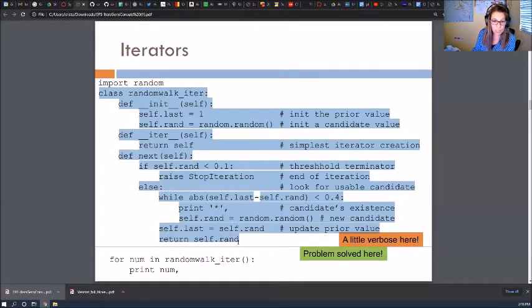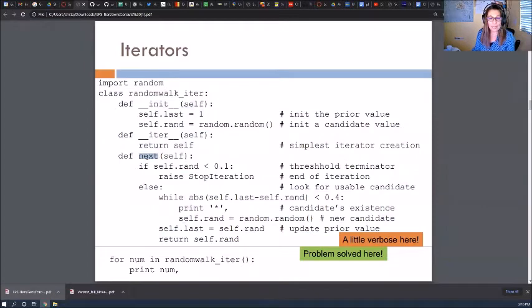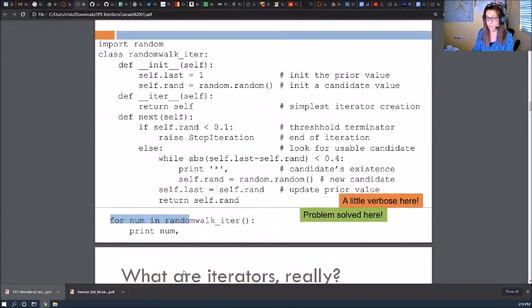An iterator is an object. And what kind of state does it hold on to? It holds on to the state of the iteration at any point in time. And how do you get the next item in the collection? There's supposed to be a next method of some sort in these iterator APIs that gives you the next number according to whatever logic the iterator has to obey. Okay, so it's a little verbose, but the problem is solved here. It's a very nice interface.